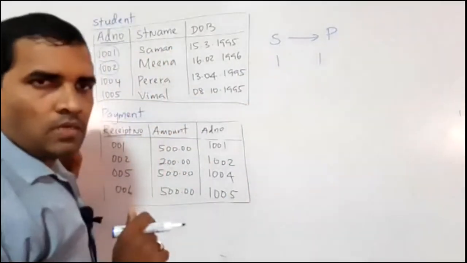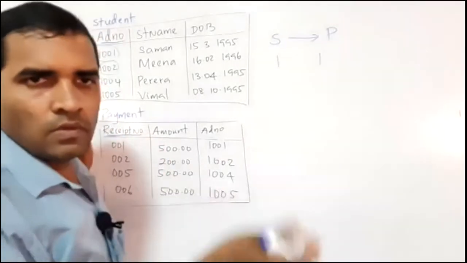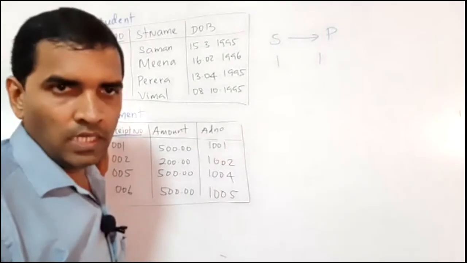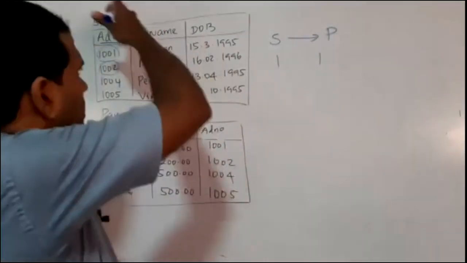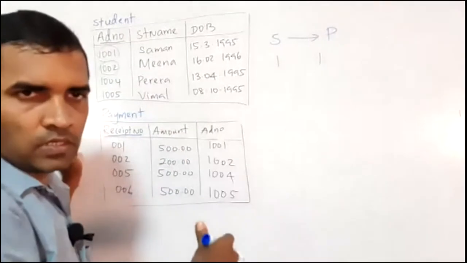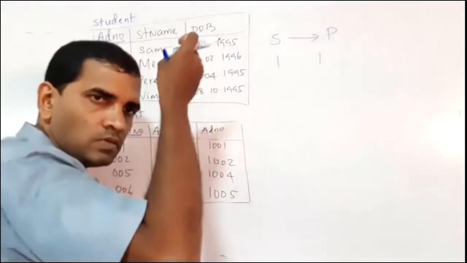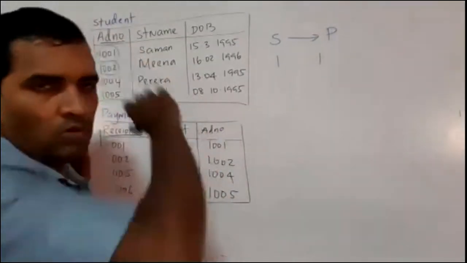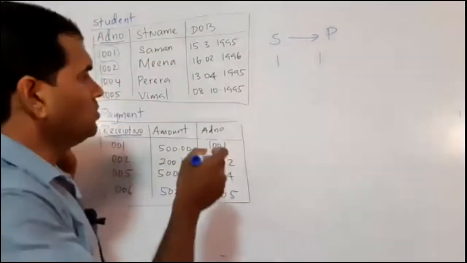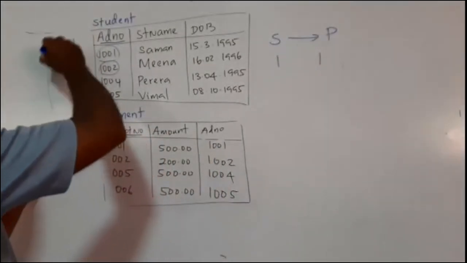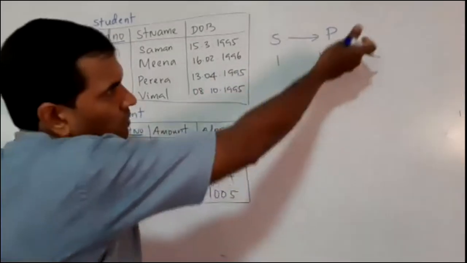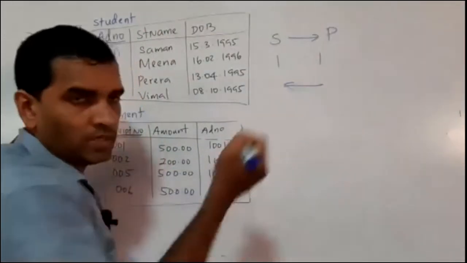One-to-one. But having one-to-one in one direction is not enough to conclude that the whole relationship is one-to-one, right? So we found one-to-one only in this direction, from student to payment. But to confirm the relationship as one-to-one, you have to check the opposite direction. So now you have to go in this manner, the opposite manner, from payment to student, right? From payment to student in this opposite direction.